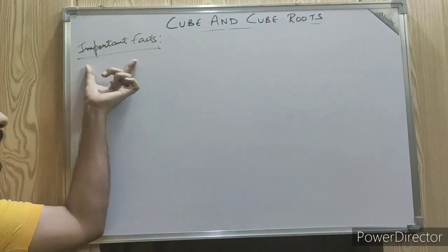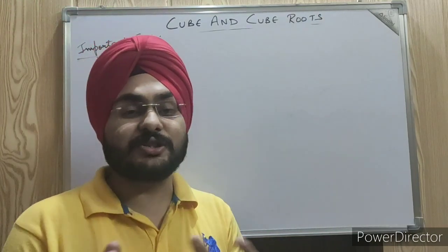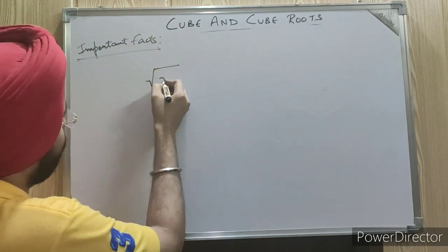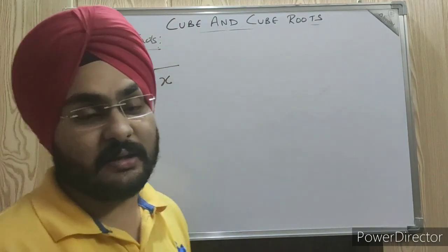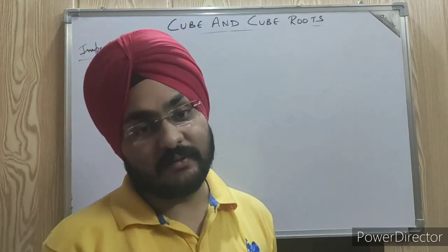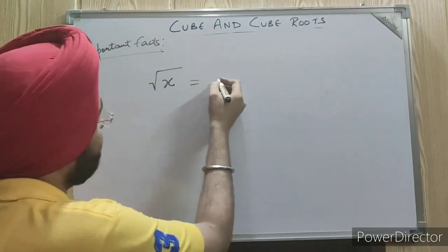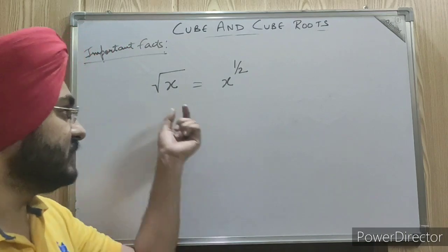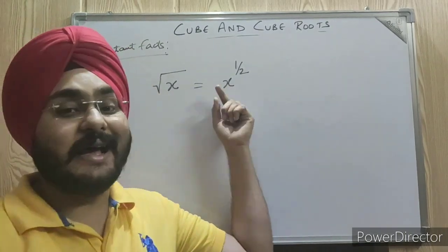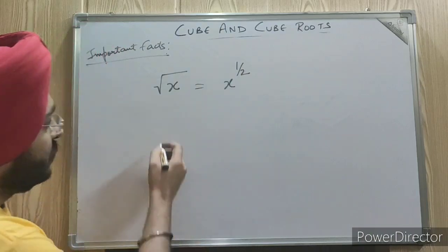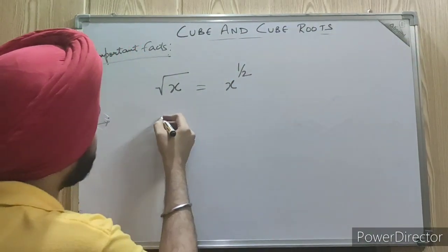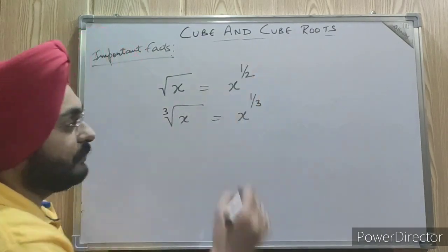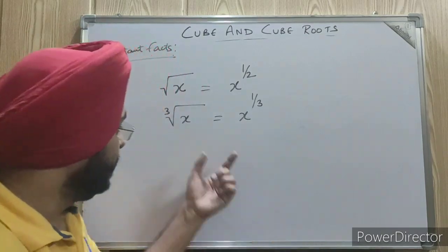Okay, so we are discussing now the important facts for the square roots and cube roots both. If I write here the square root of x, what does this mean? What is the power of x here? What is the degree of x here? So here it will be equal to x raised to the power 1 by 2. Keep this thing in mind. If he is saying square root of x, it means x raised to the power 1 by 2. This will be used in your next standard, 9th standard. So if he is saying the cube root of x, it means x raised to the power 1 by 3 here. So I hope this will be clear.